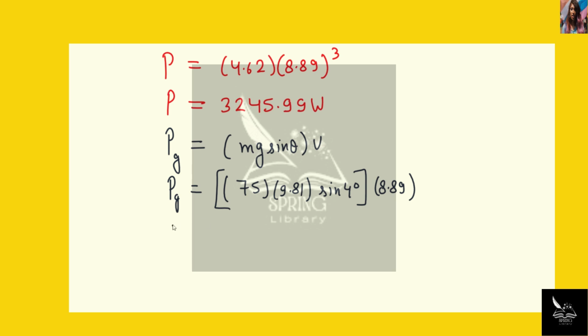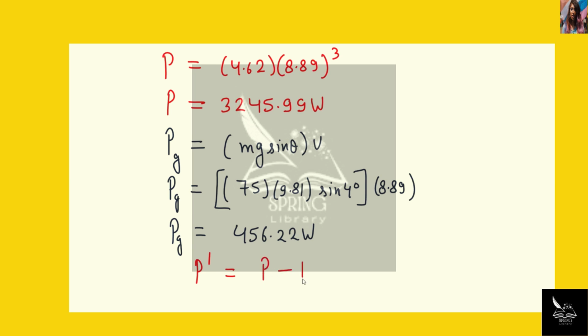So now on simplifying, we get P of G equals to 456.22 watt. Now here the net power used by the bicyclist to descend is given by P dash equals to